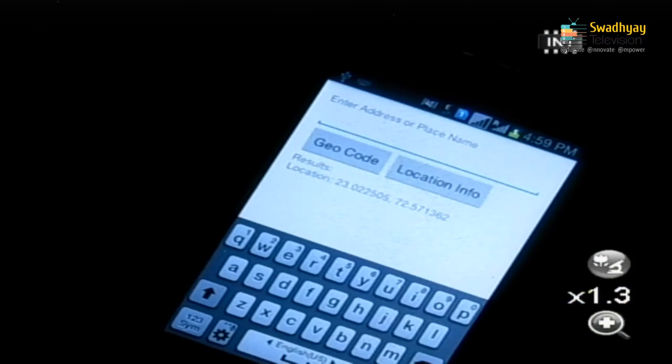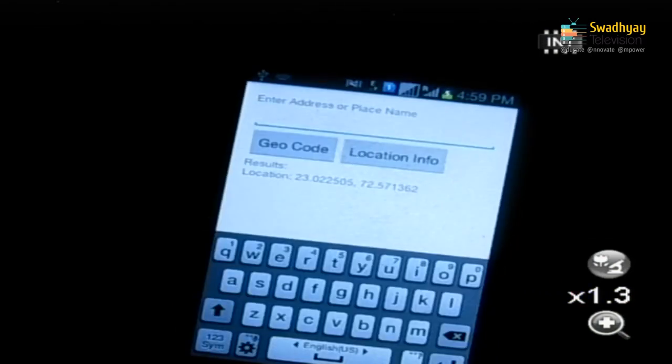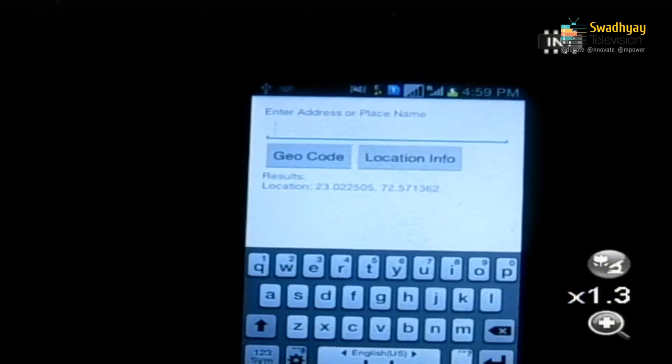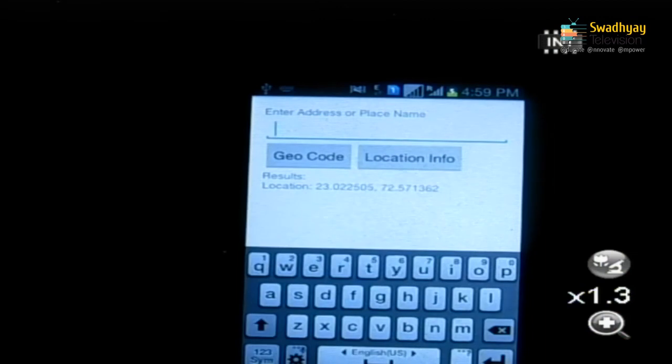Now, next we want to display our location information. So, I am just pressing this second button. Now, it will display information of my current location, which is Gandhinagar, India, and there are 3 lines.